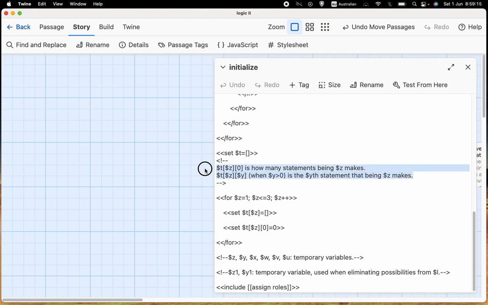Then we have T, which, as you can see here, is TZ0. So it's a two-dimensional array. TZ0 is how many statements being Z makes, and TZY, where Y is a number over 0, is the Yth statement that being Z makes. So that means that TZ0 will be a number, and TZ1, for example, and 2 and 3 and 4 and up to however many statements that being makes,